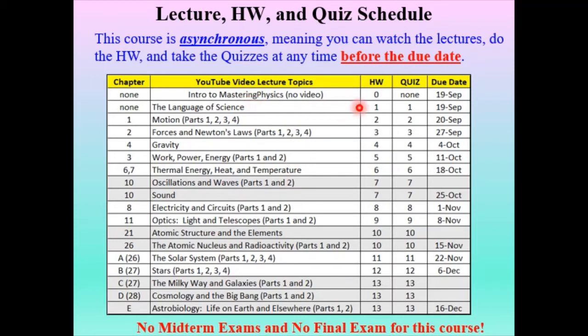Once you watch this, you can start working on homework number 1, which will cover this material. And then after you do that, you can take quiz number 1. Notice that these are not due until September 19th. The reason I pushed the due date out a few weeks is because we're going to have some students dropping and adding the class, so they'll be coming into the class late. Also, some of you might be waiting for financial aid before you can buy your textbook or your access code, and so forth. While this is something you can be working on during the first week of class, I would actually recommend that.